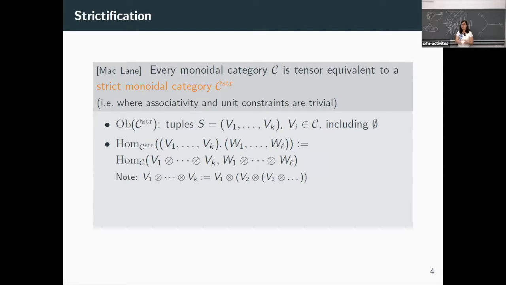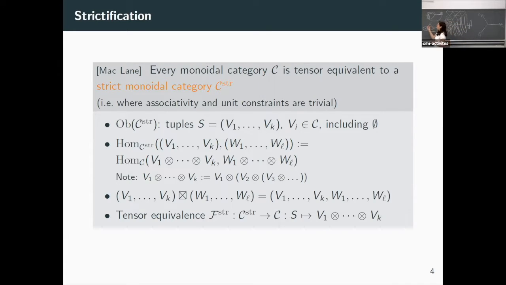So we just first take V_{k-1} together with V_k, and then we go from there on to the left. So this is the fixed order that we always take. But the idea of taking strictified monoidal categories is actually to be able to forget about this ordering of the tensor product. And then we'll take this box as a new notation. So for the tensor product in the strictified category, which is just concatenation of objects,